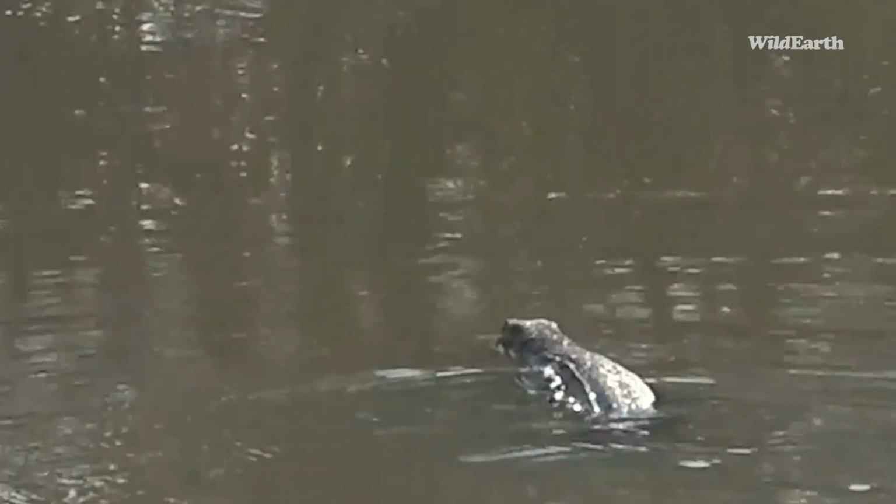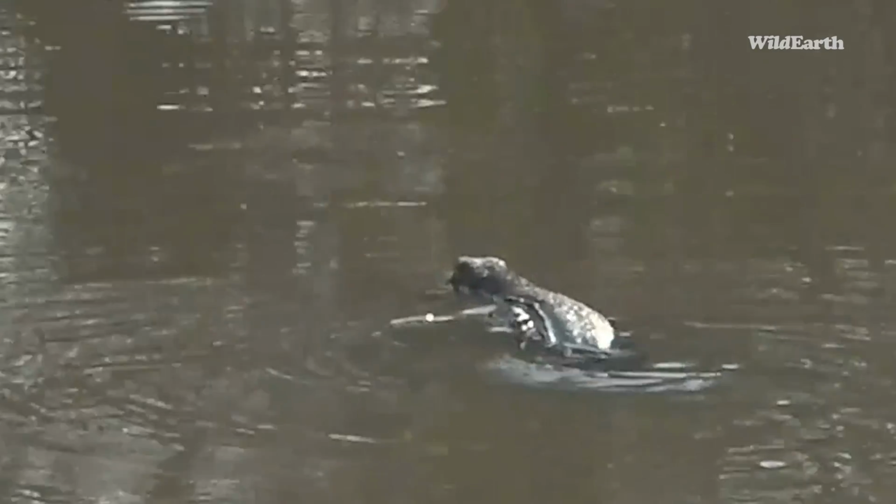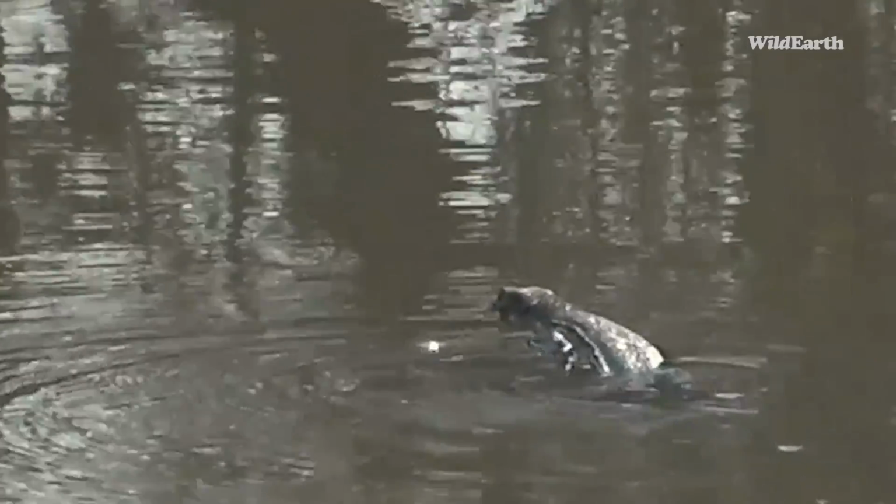I don't know what he's doing. This is a really strange swimming technique that this Nile monitor has got here. Maybe he hasn't got a full tail. That could be a big possibility, because I've never seen them really wiggling so much. They're very, how can I say, smooth. They're very smooth when they swim through the water, like, you know, they glide through the water. And this one is just like,